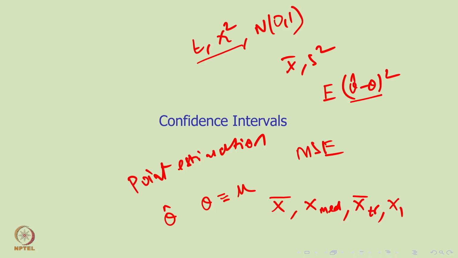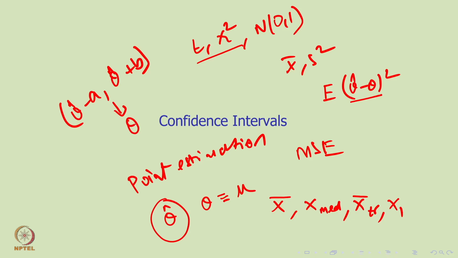Point estimation means you're proposing a single point, theta hat, as an estimator of theta. Now we'll delve deeper into what is called a confidence interval. Rather than proposing a single point like theta hat as an estimator, can I propose an interval, theta hat minus A and theta hat plus B? So you have an interval as an estimator of theta. I am proposing this entire interval as an estimator of the unknown parameter theta, and this underlying idea is called a confidence interval.